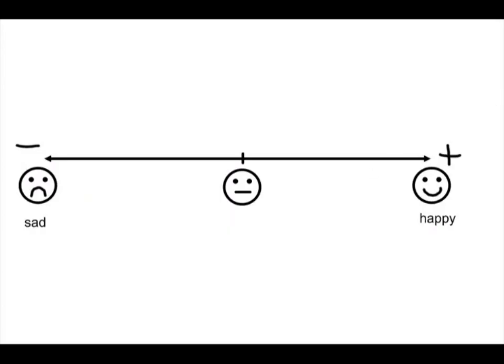Now, the way I explain this to my students, and I find that it helps, there may be other ways to explain it too, but if I'm going to add two positive things, I say, think of a positive thing in your life that you like, and imagine that I'm going to add more of it. Well, if we add positive things to our lives, or plus a positive, that's going to, of course, move us in this direction. It's going to make us feel more happy. And the way that corresponds to math is,